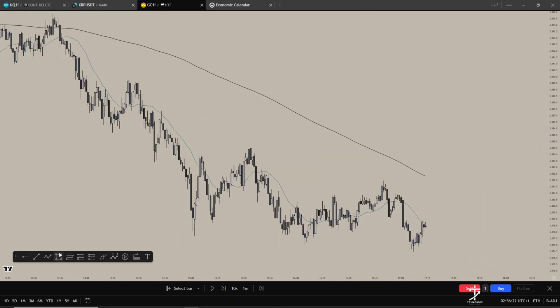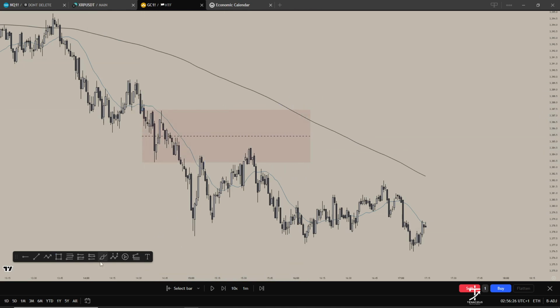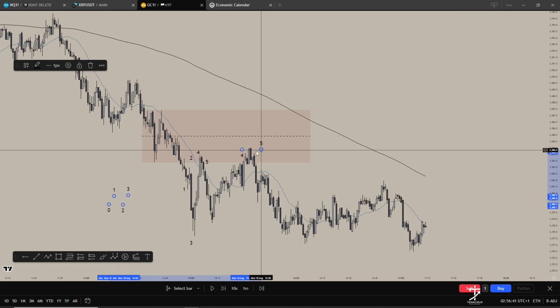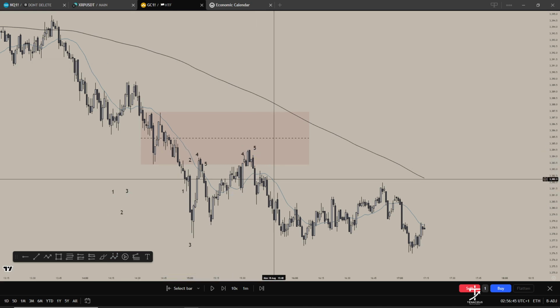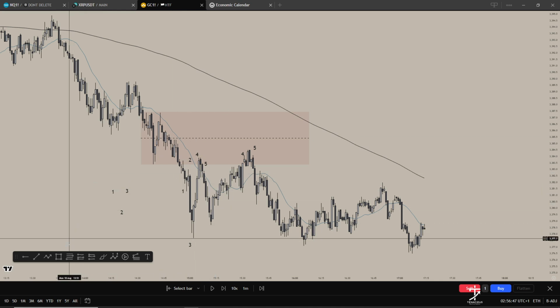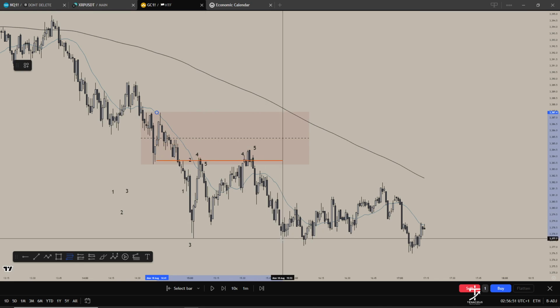This probably was the best one here, where 1, 2, 3, 4, 5. Some people might have the 4 and 5 as 4 and 5. It really depends, up to you. But for me, I think personally, this was the only trade that I could have potentially taken,